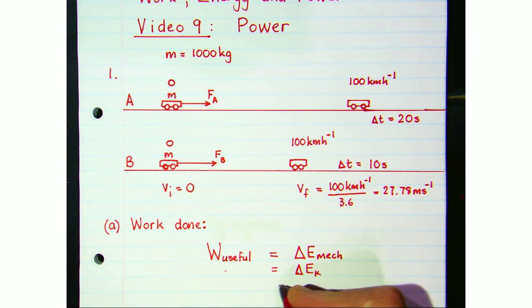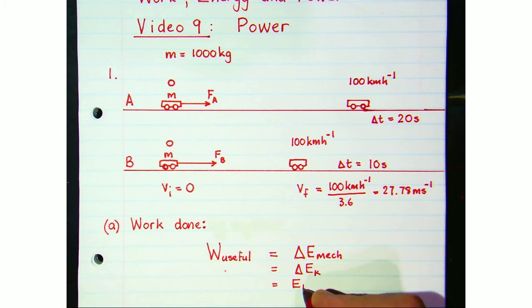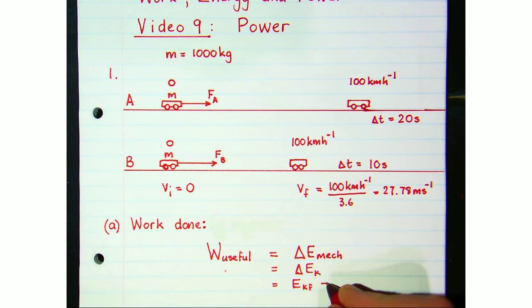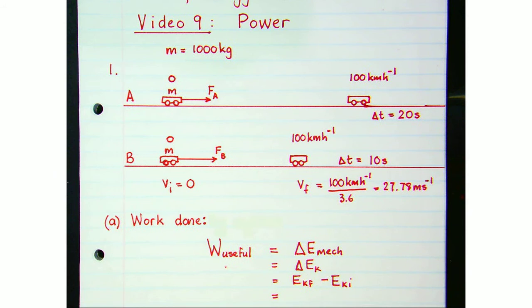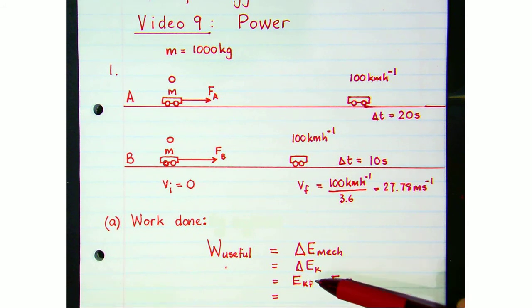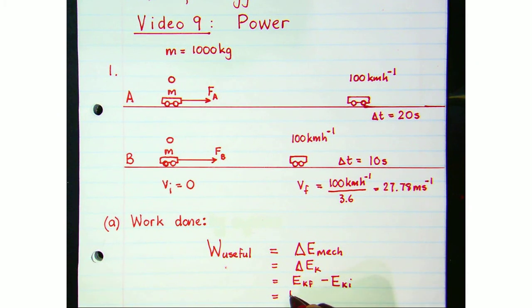So we know that a change in any quantity is a final value minus an initial value, and basically it comes down to the change in the kinetic energy. It's equal to the final value, because the initial value is 0. So the final value of the kinetic energy of each car is half of the mass,